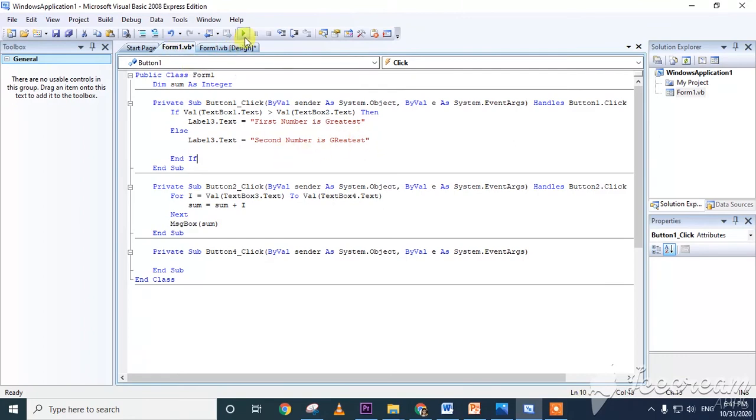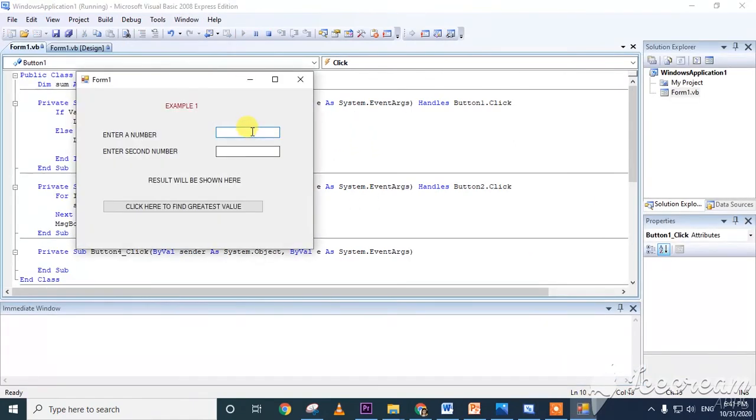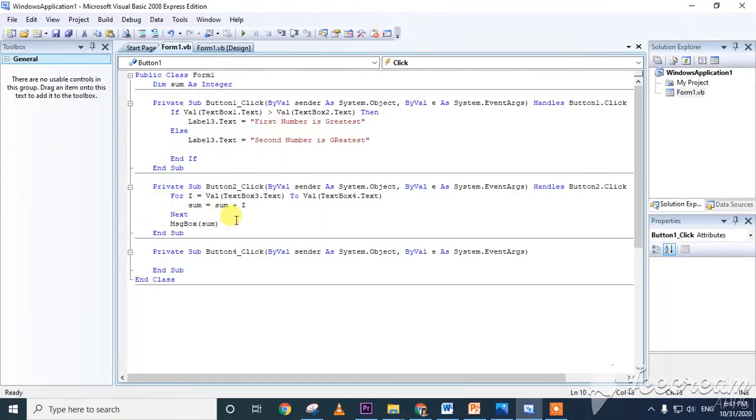We should use Then also. So I have written it like this. Now I write 80 and 90. See, the second number is the greatest. Now if I write 99 here, see, the first number is the greatest. In this way we can write the program.